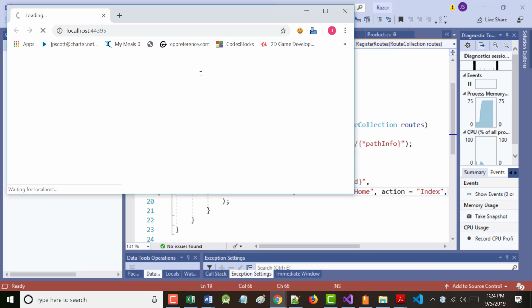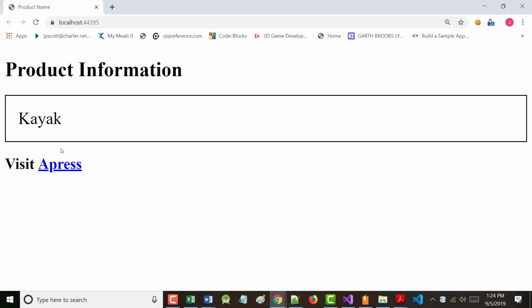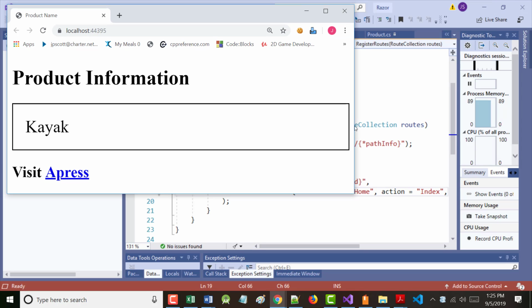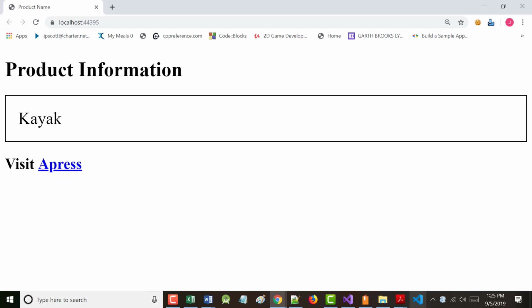All right, because now it has some CSS that's been applied to it. And notice here for that box, we could have given it a width, but we didn't. Since that box is in a div, and since a div, remember, is a block element, it takes up the whole thing. It doesn't look that bad when you make it real small, but when you make it big, it looks pretty ugly, all right?